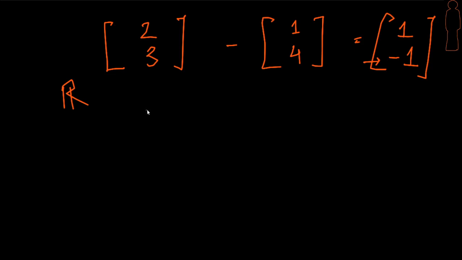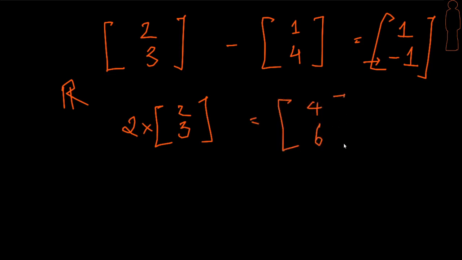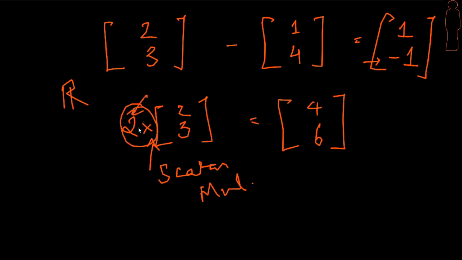Let us move to scalar multiplication. Let's say that I have these 2 apples and 3 oranges, and I would like to double them. When I double them I would have 4 apples and 6 oranges, and this particular operation is called scalar multiplication. Now why are we saying this is scalar multiplication? Because on one side of the multiplication we have a single real number, and therefore it is not a vector multiplication, it's a number times a vector, or a scalar times a vector, hence this is called scalar multiplication.